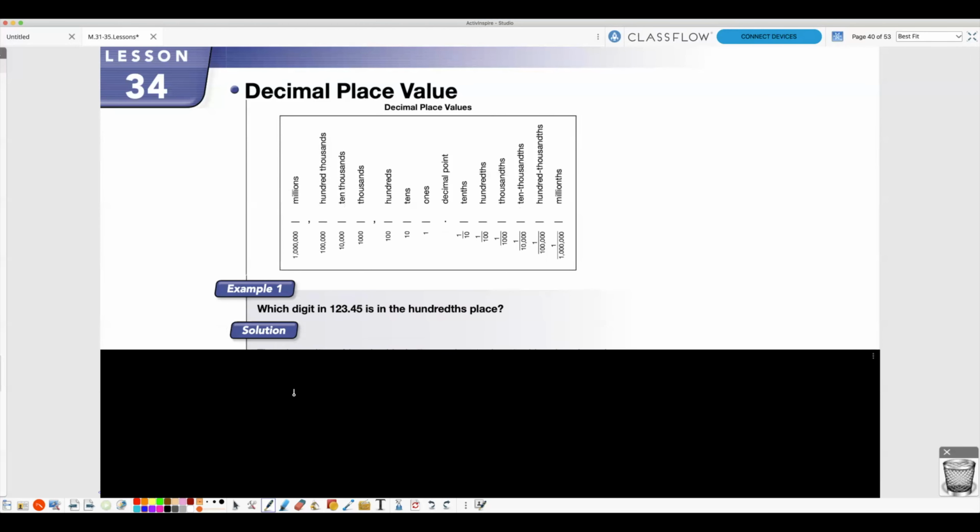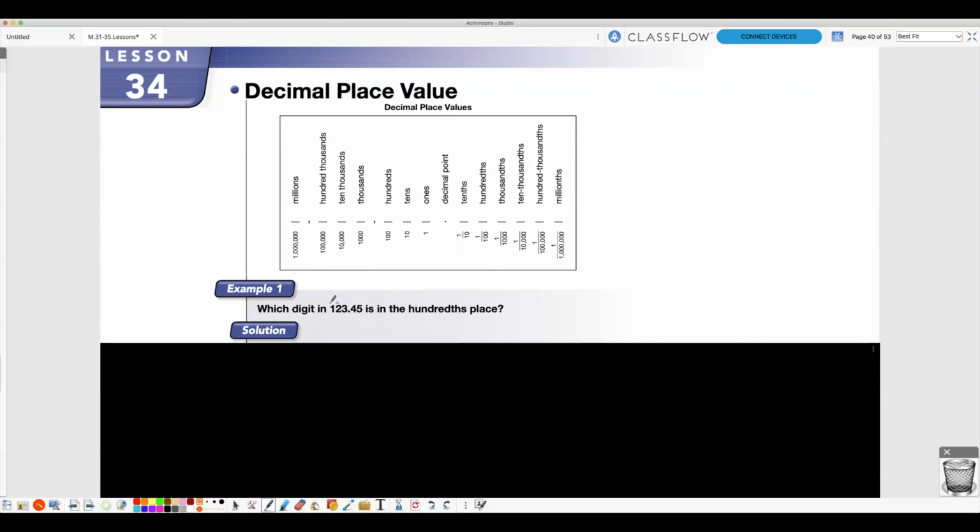So looking at that chart, which digit in 123 and 45 hundredths is in the hundredths place? The "ths" designates that it's a decimal. So we're looking for a decimal place value, in this case "ths". Notice the hundreds place ends in "ds", and the hundredths place ends in "ths". So if you do not know the place value of things, hopefully you know that the decimal helps you